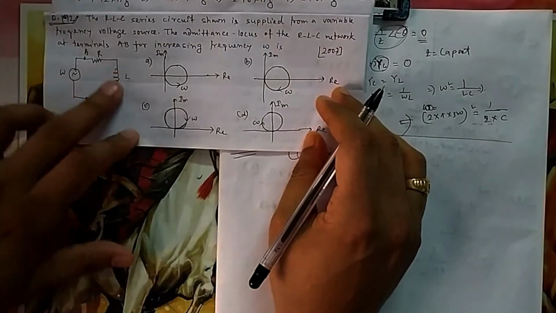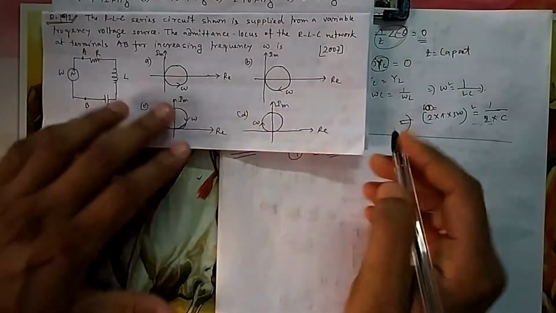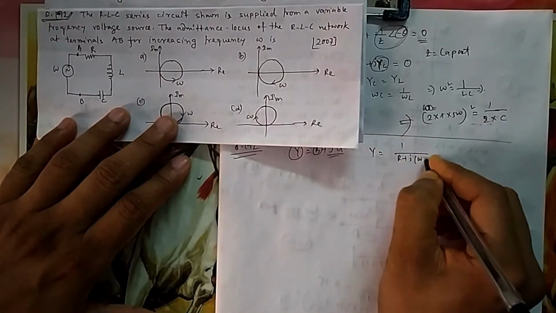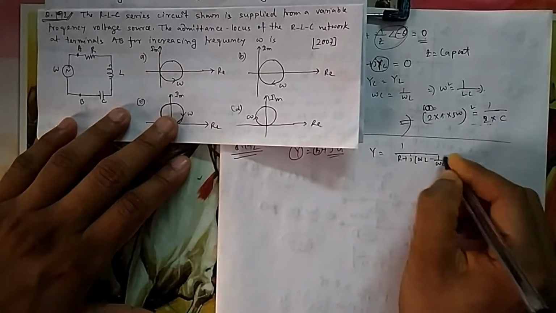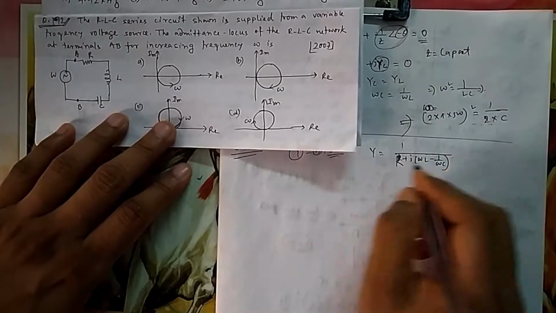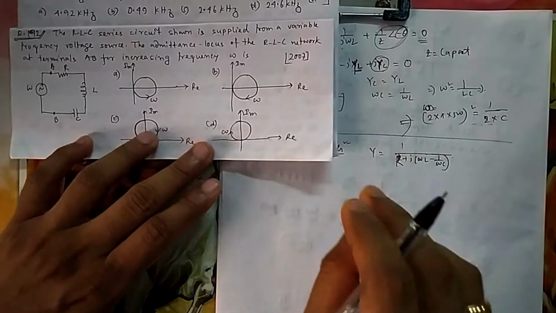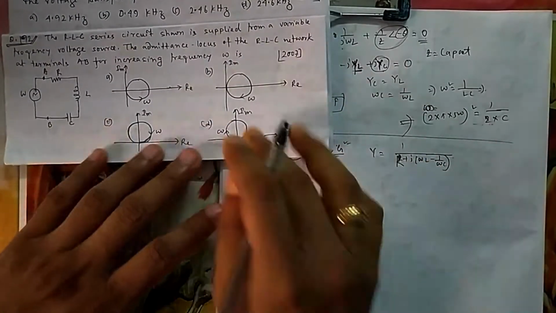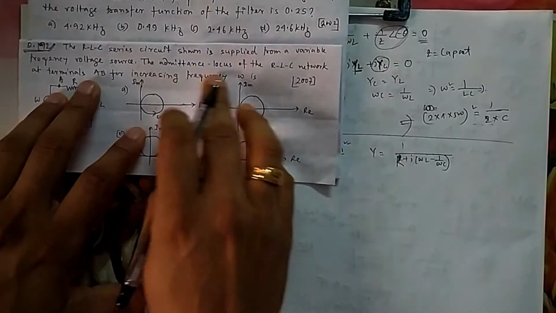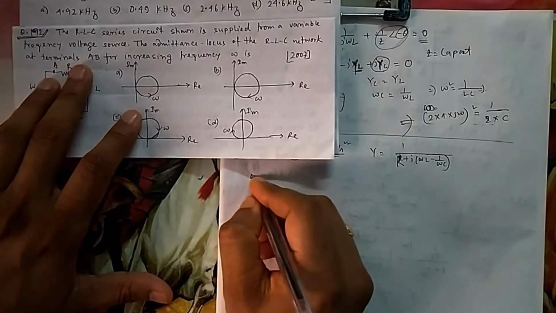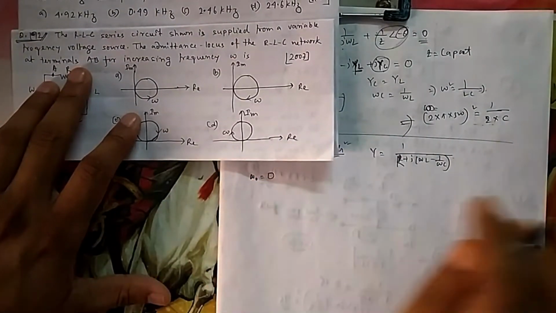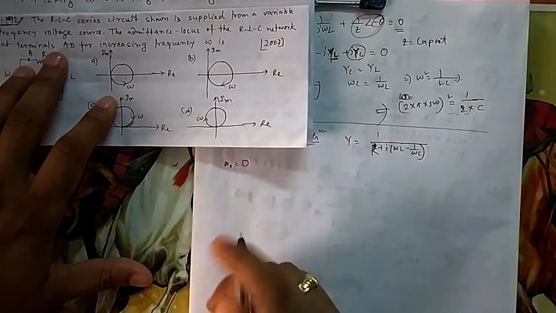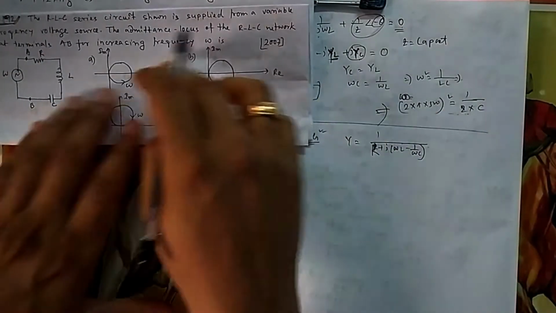So if you see the RLC plot, what will be the Z or Y? It will be R plus j(omega L minus 1 by omega C). Okay. So now if you want to plot it, you can put in values by varying omega. I have told you to find a locus, whatever variable they want to vary, here frequency. So you vary frequency, take some values of omega, 0 or any value, and then see what value you are getting, and then see which graph is satisfying it.